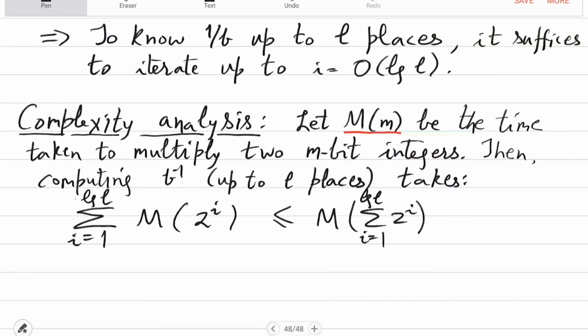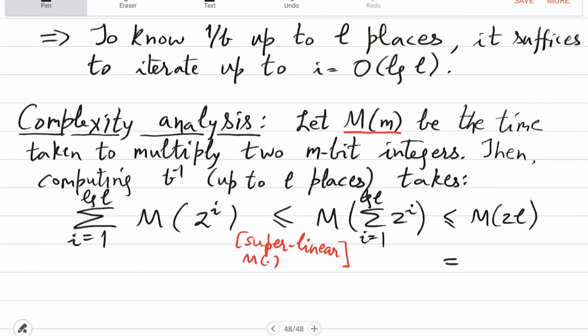So the sum of its values will always be upper bounded by m of the sum of the arguments. Right? That's just superlinearity. So by that we get m of the sum, which is just m of 2L,